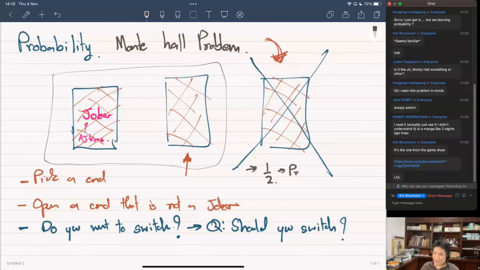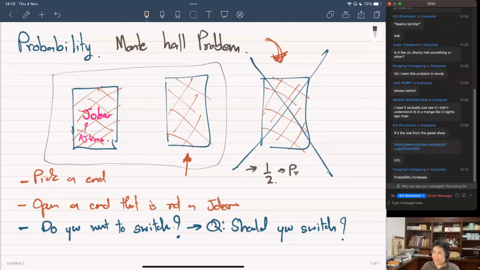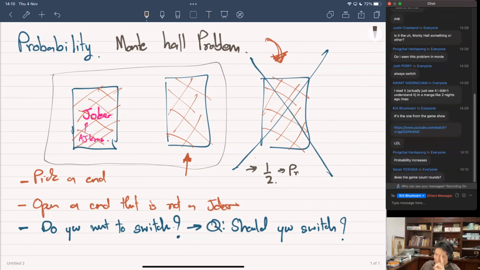Is someone with me so far though? That's the argument. Because you have two choices, right? Switch or not switch. Okay, right? Because you have two cards. Whether you switch or not switch is like 1 in 2, so it doesn't matter. But think about this. There's something wrong with this argument for sure, right? Because if you think about it,